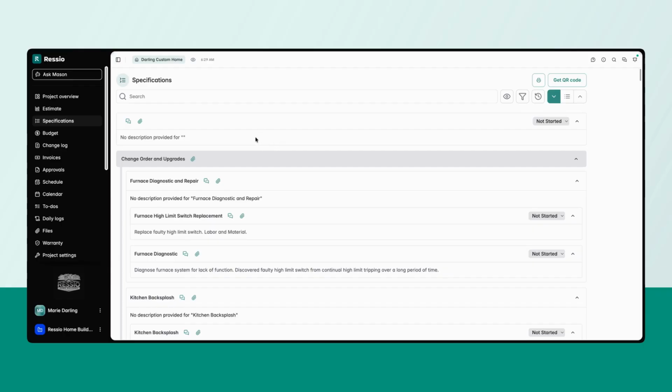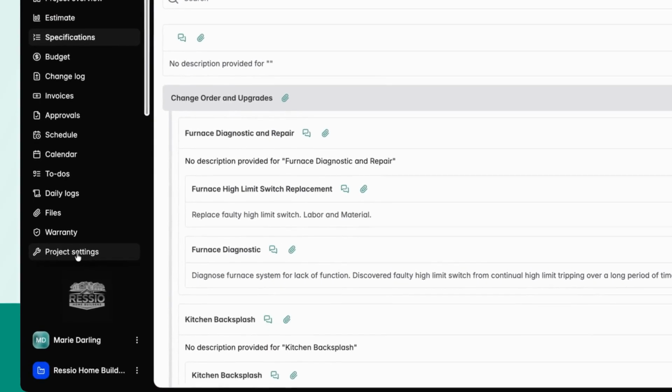We'll be going over our specifications overview. Your specifications is a tab on each of your projects on the left-hand side. Before we get started, there are a few visibilities that you can change for specifications. So we're going to go to the project settings,